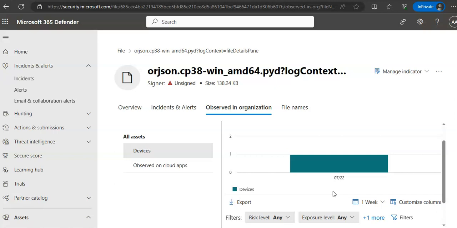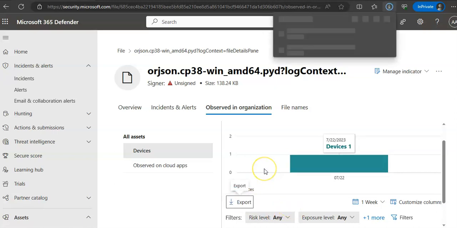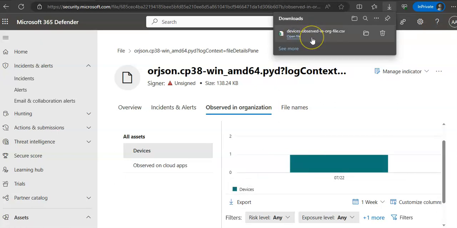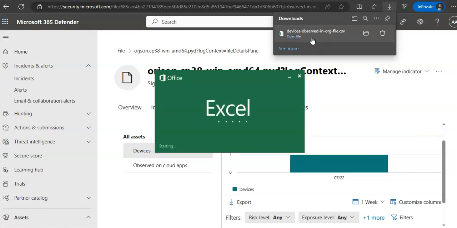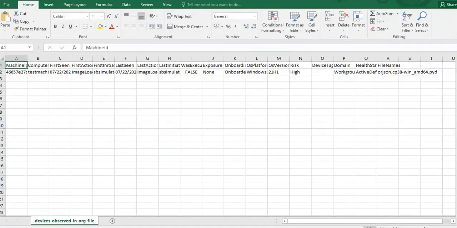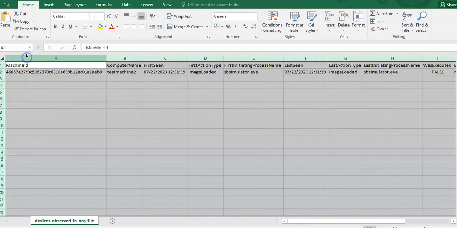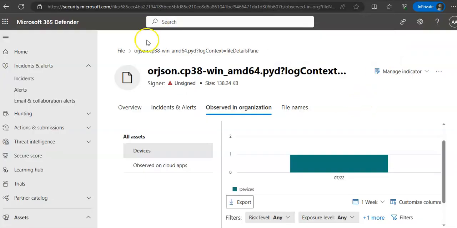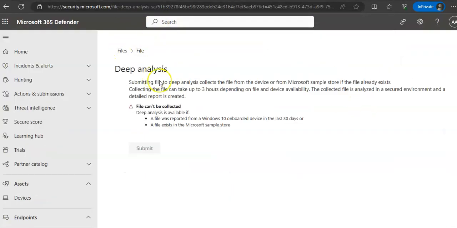To see all devices with the file, export the tab to a CSV file by selecting export. Here you click on export, it will export the device, and then you can open the file. It will show every device that is associated with this, right? And okay, so you will see the information like this. Okay, if I scroll down, and if you see the deep file analysis,